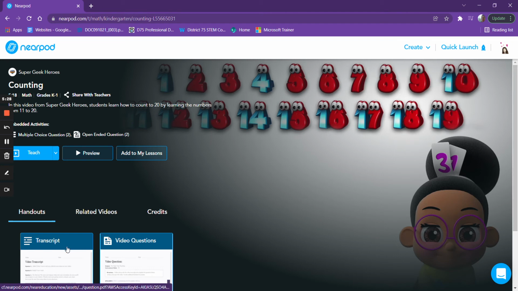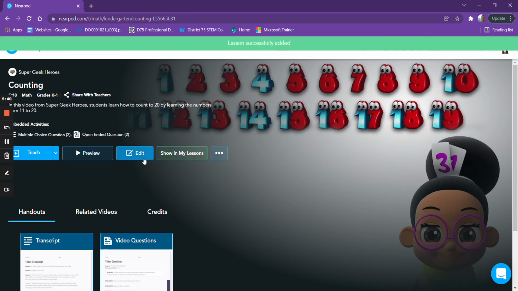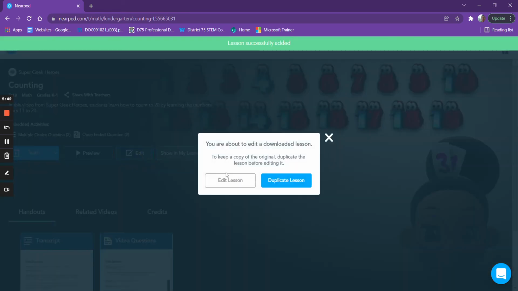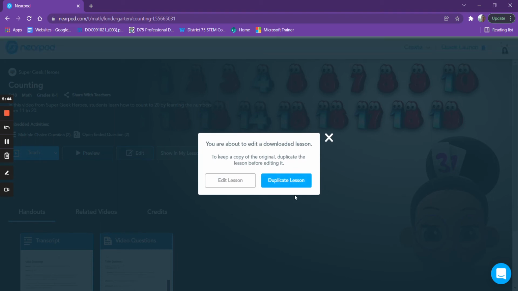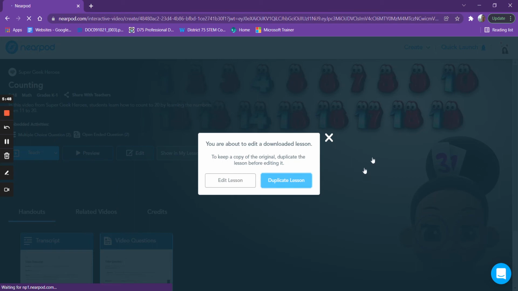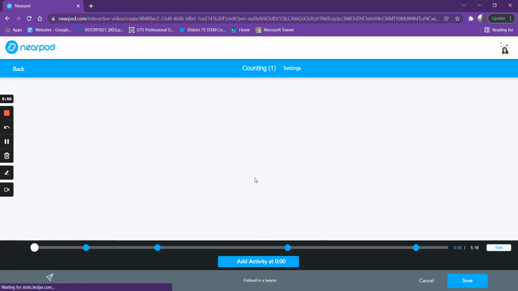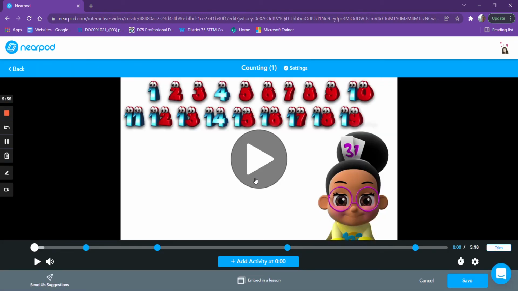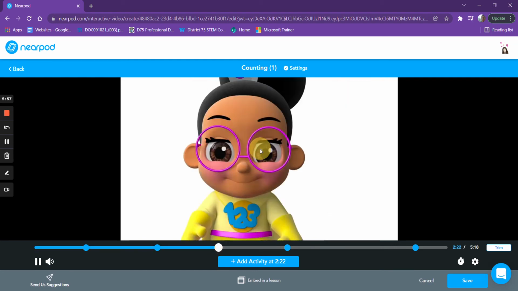You're also able to look at the transcript and the video questions in the handouts. You can look at related videos. And if this works for you, you can add this to your lessons, and then you can edit it. So when you edit it, it causes a duplication of the lesson, so it doesn't change the lesson that's on Nearpod. It makes your own copy. So if I wanted to add in a question at any point,